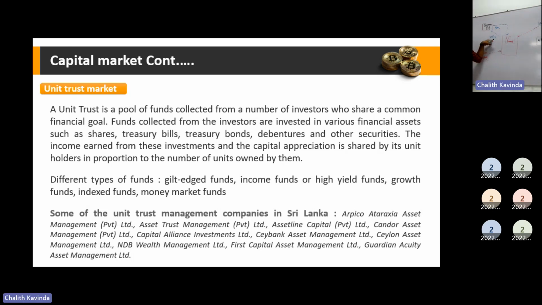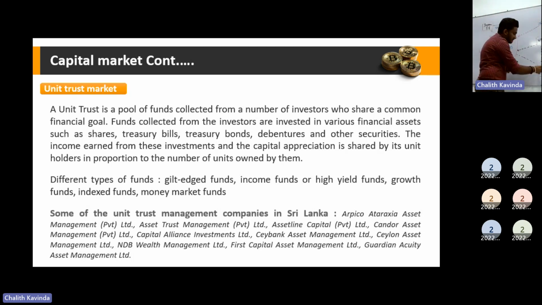The value of the units depends on the market values. According to the amount that you invest, the units will be allocated based on the prices of the units at that time. So then this unit trust fund consists of 5 million worth of cash. The unit trust fund manager is the person who manages this. They will do the investment on behalf of you. They can invest in money markets and capital market.